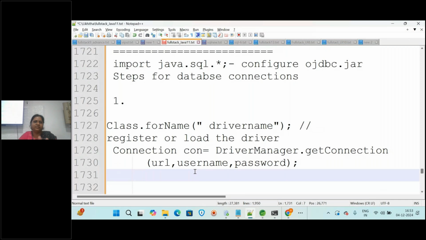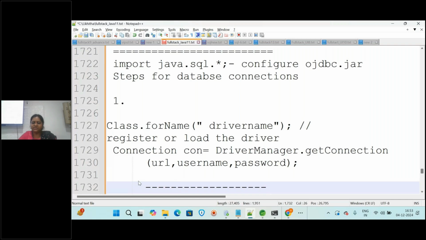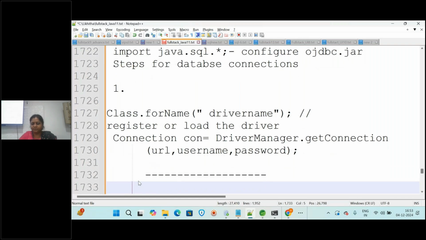So now with this we are going to establish the database connection. Now we connected. After establishing the connection, what do we have to do? Why are we establishing the connection? Tell me. To